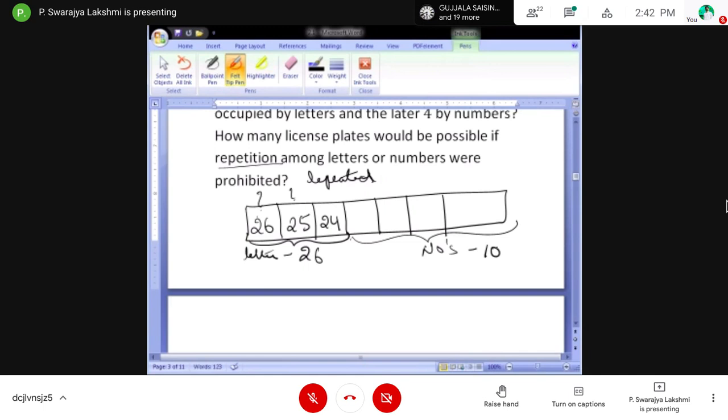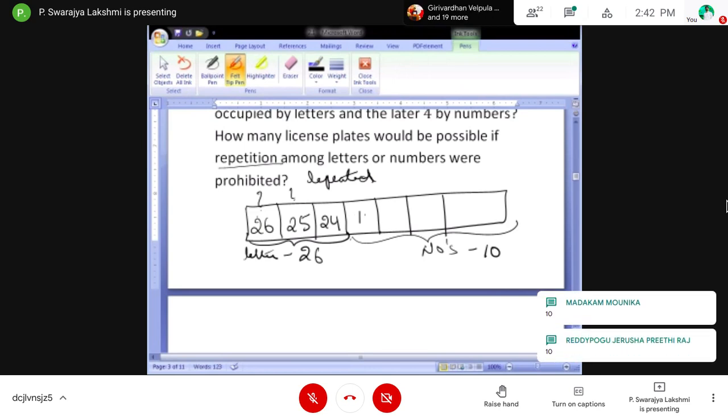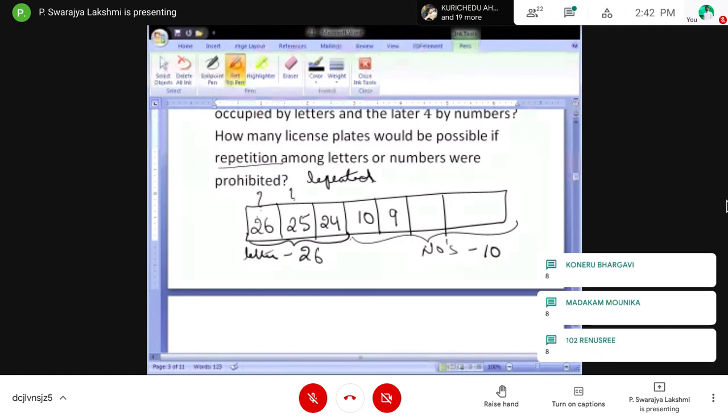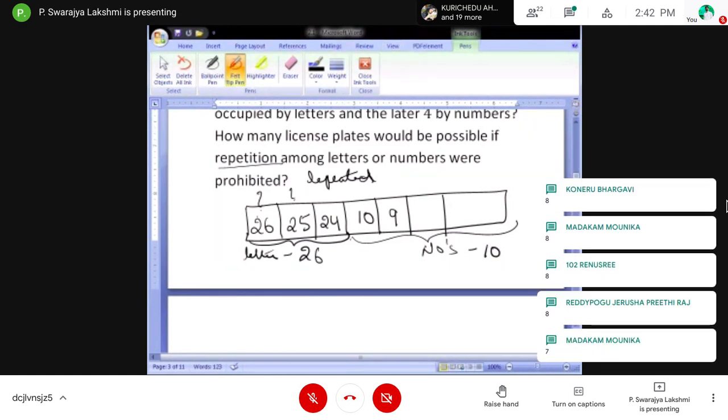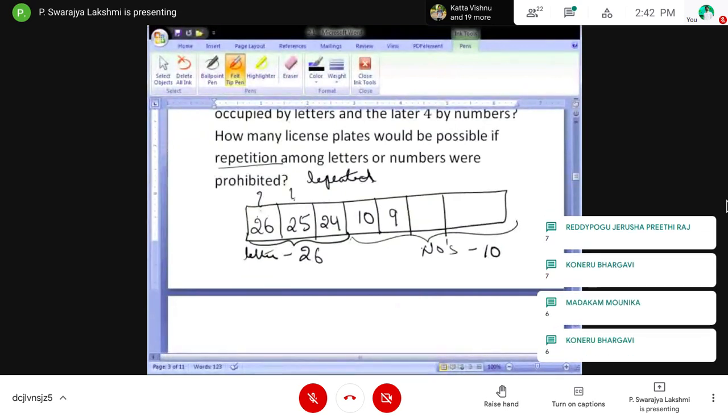Now coming to the numbers. How many are we having? 10 numbers. So for the fourth place we have a chance of choosing from 10, and the next position 9, next position 8, next position 7. In this way we try to solve.